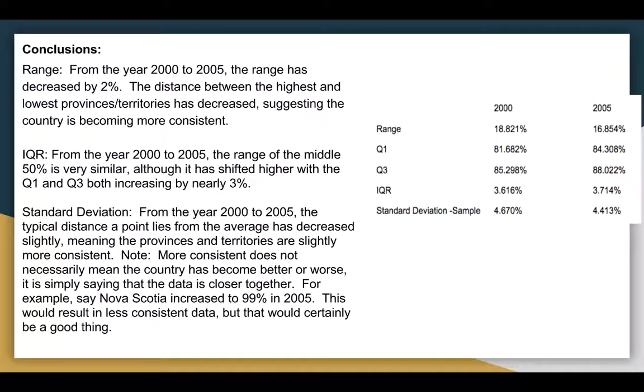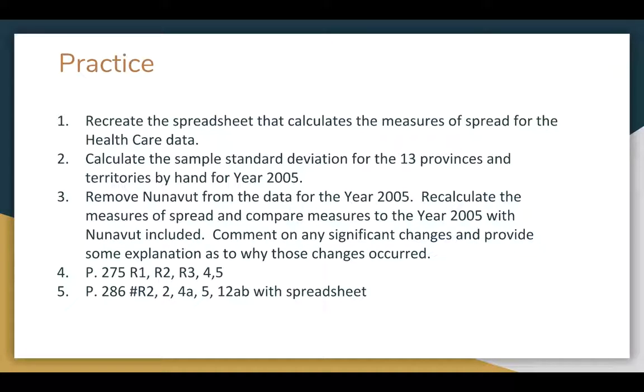It's just helpful to note that it doesn't mean that the provinces become better or worse. It just means that the data has become closer together. So for example, say Nova Scotia increased to 99% in 2005. We'll look at the actual data in the next video. That would actually decrease the consistency, but that's a good thing for the country. So we're going to look at the data right now, how to actually create it, and we're going to remove none of it and see what happens to the data as